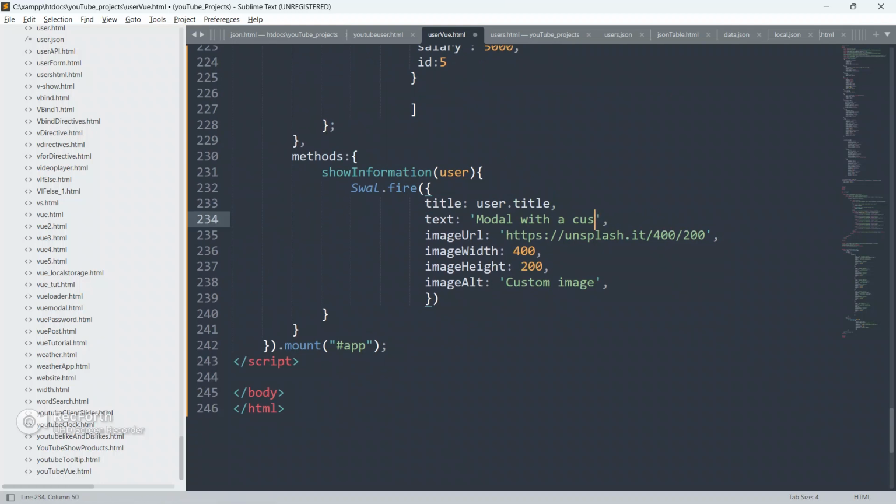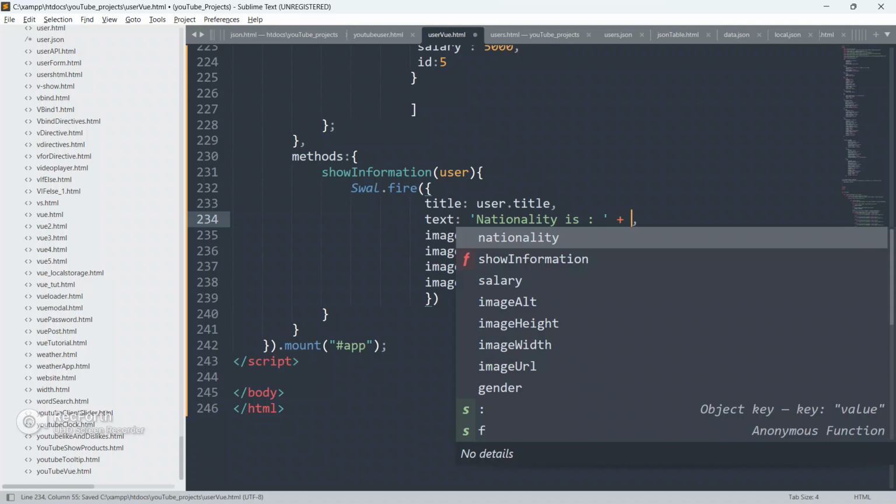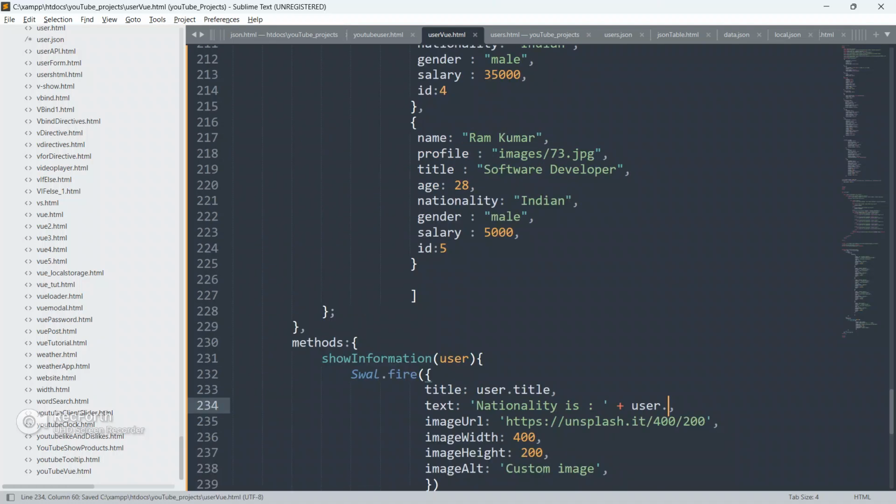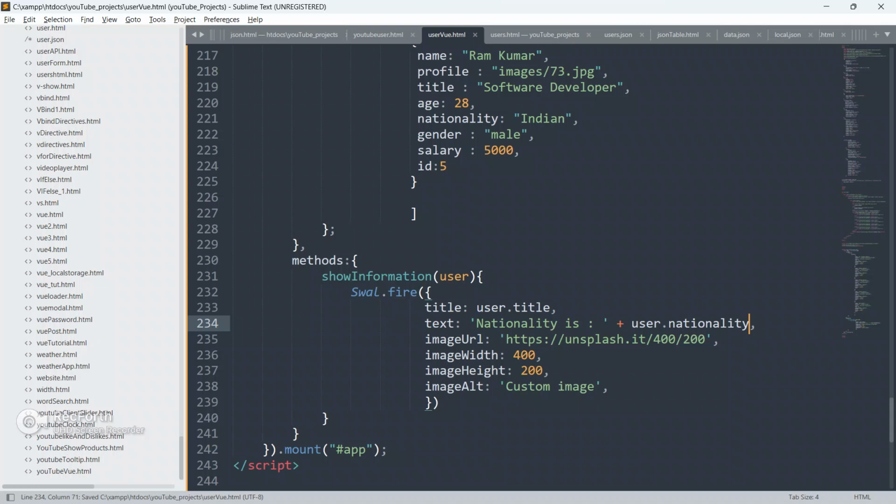So now I'm gonna also change the nationality here. So nationality is, so concatenate user dot nationality. Okay, user dot nationality guys. Okay, so paste it here.